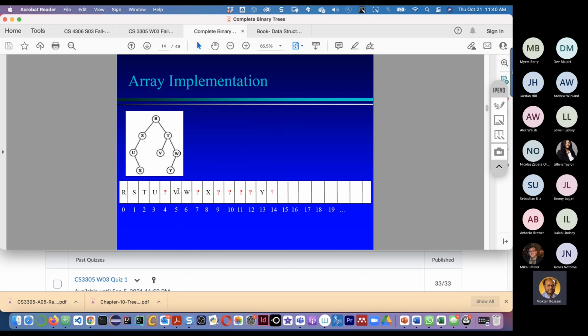For array implementation, as I showed at the beginning of this lecture, each node is put in computer memory at some specific position. They cannot be put randomly at any position, right? The other positions have no values, so there will be a null value, or for an integer type array, there will be 0.